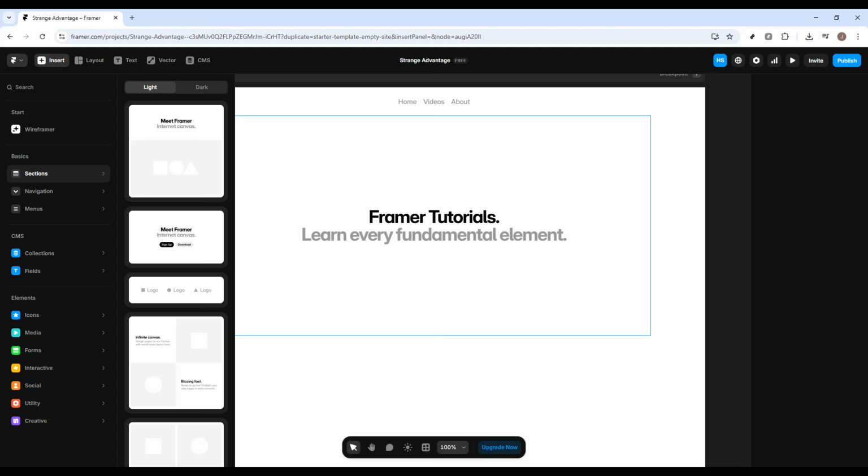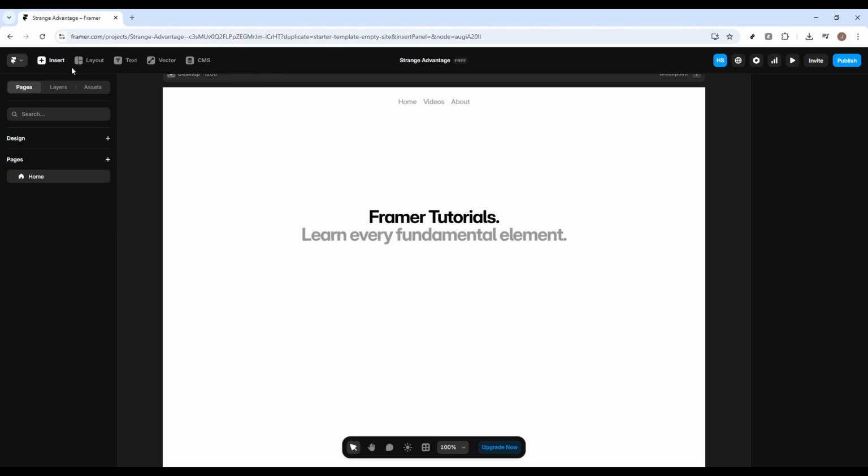In today's video, I'm going to show you how to add scroll animations to your website in Framer, step by step, so you can bring your pages to life with smooth motion effects that react as visitors scroll. Scroll animations are a great way to make your site feel more modern, more interactive, and more polished, without needing